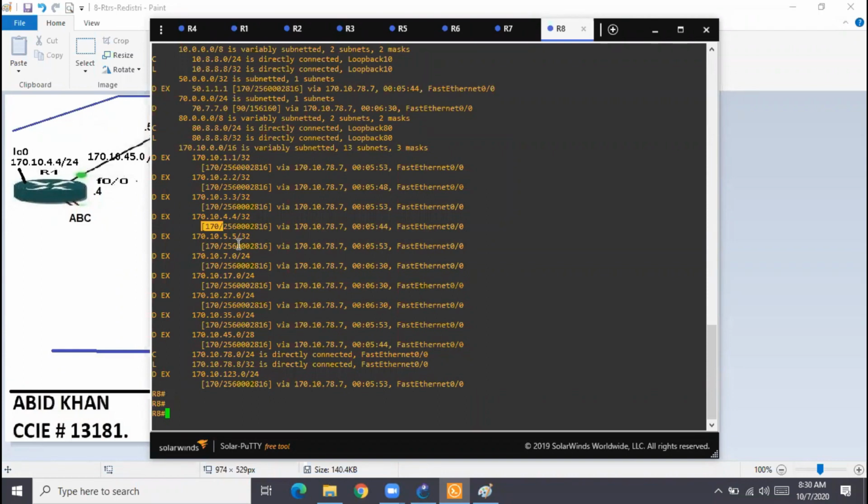Remember RIP is 120, and EIGRP external is 170. They kept it higher for future growth, but the reason for higher is to prevent suboptimal routing.